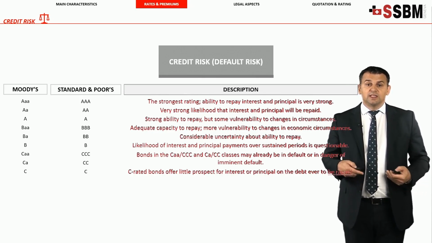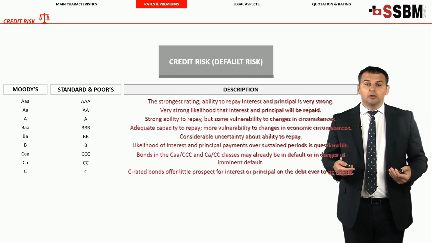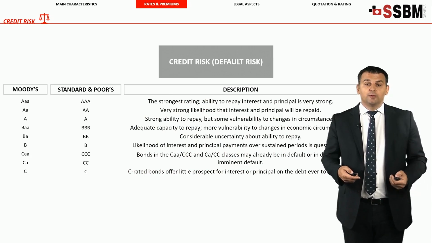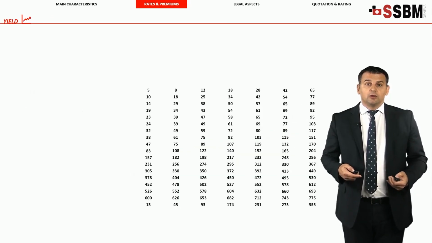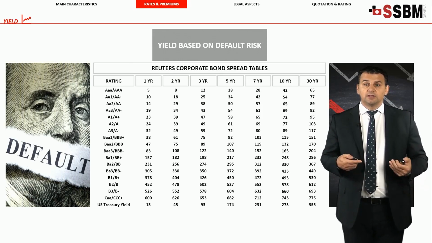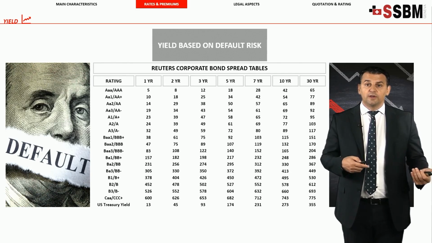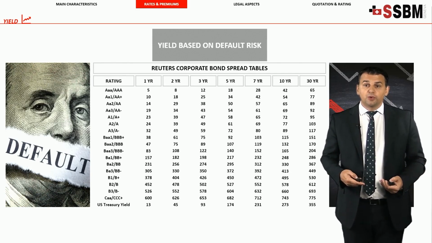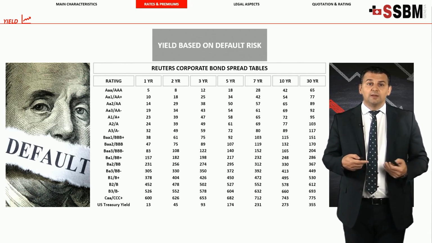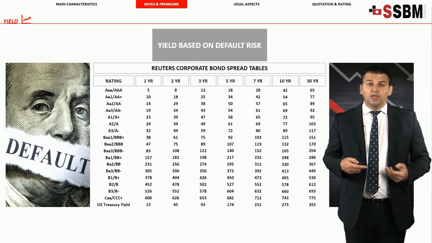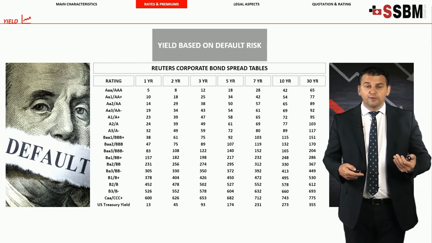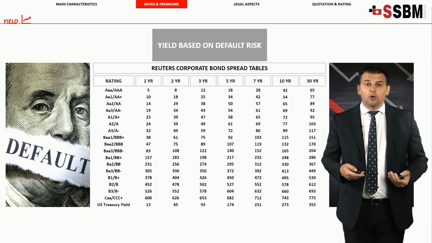Default risk is the risk that a lender takes on in the chance that a borrower will be unable to make the required payments on their debt obligation. Let's take an example to demonstrate how it works in practice. So corporate bonds offer different yields to maturity for different maturities and different default risks. The spreads or risk premiums are in basis points to be added to the risk-free rate. So risk-free plus spread equals the all-in rate.